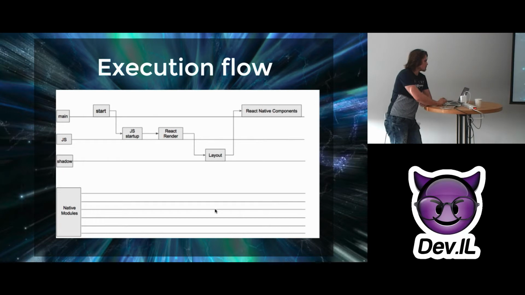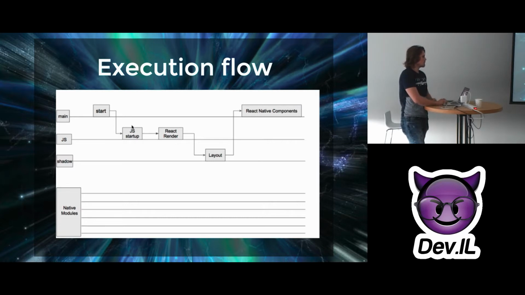The execution flow happens in this order. When your React Native application starts, the main thread starts and fetches the JavaScript bundle. That basically means that you can fetch this bundle over the network. Later we'll see how we can benefit from it to deploy our apps faster and have an amazing developer experience because of it. So we fetch all our JavaScript bundle, and then our JavaScript starts inside the JavaScript thread,